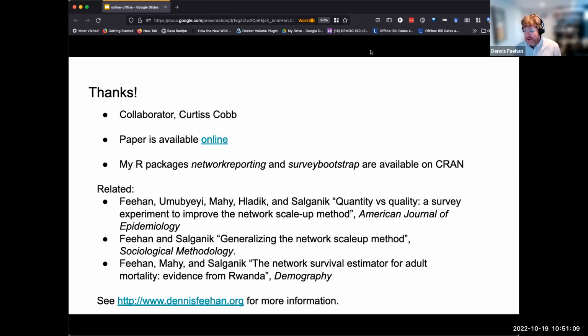Yeah, that's a really good question that has come up in other settings. I can't do anything other than speculate about that right now, but one thing I didn't mention is that I'm collaborating with some researchers in Bangladesh. We're collecting data similar to these data in the sense that it's about people reporting about network members. Here we're again trying to estimate death rates. As a result of the study design that we went through, talking to people and figuring out what made sense, we're randomizing people to report about either a general network,